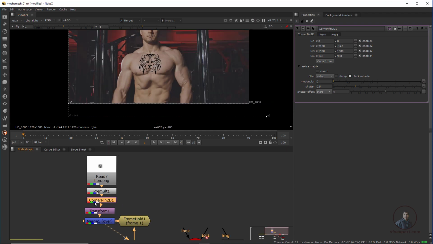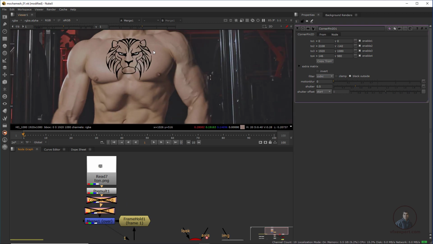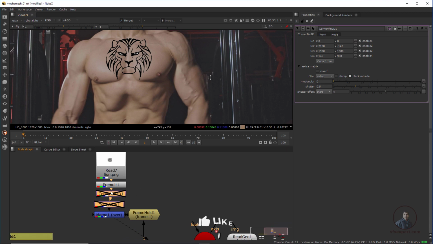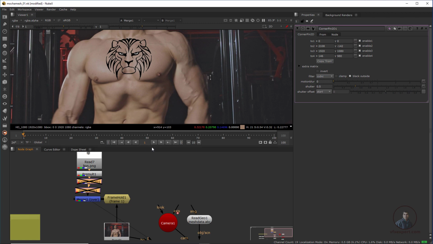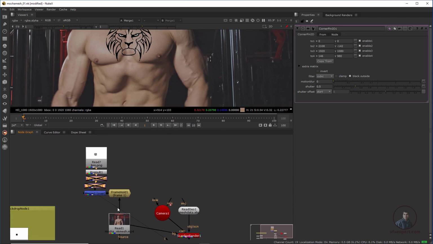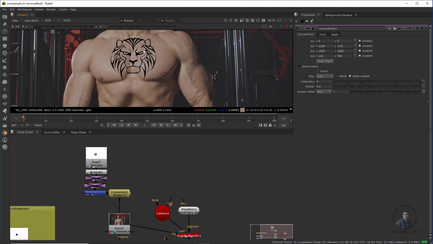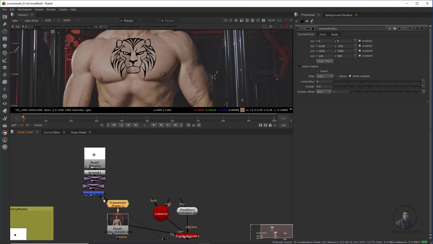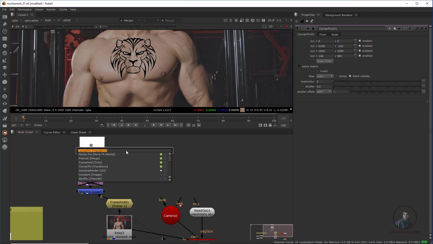Now I am going to disable this one. Now select both, press D here, because this placement is looking good. The remaining nodes are only for adjusting your images according to this perspective or this surface. Now after this we have to unplug from here, because we have to use only this image. We have to composite this image on top of this video here. So finally we have to unplug this reference image and add a constant node. Press tab, type constant,